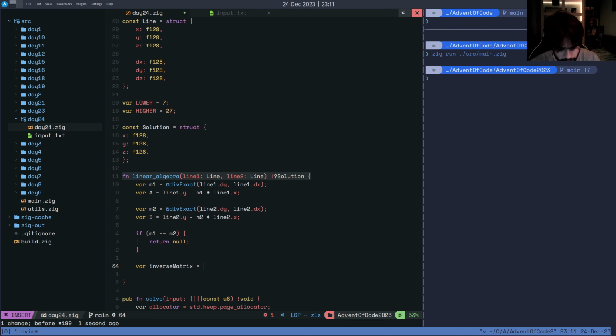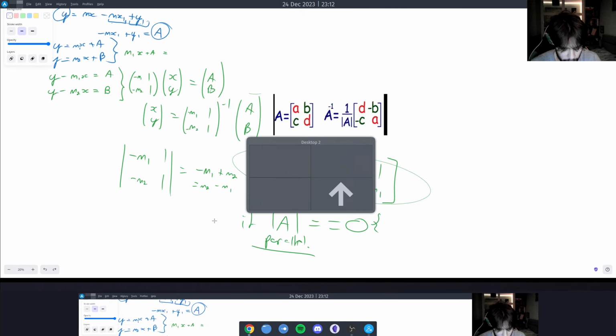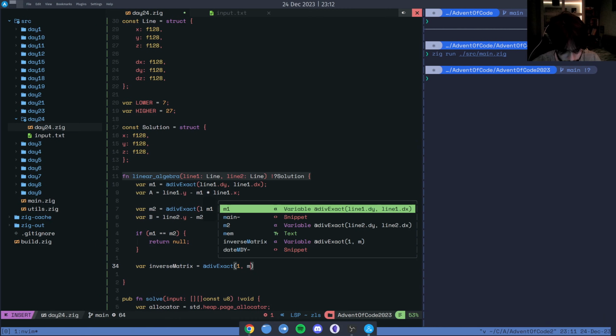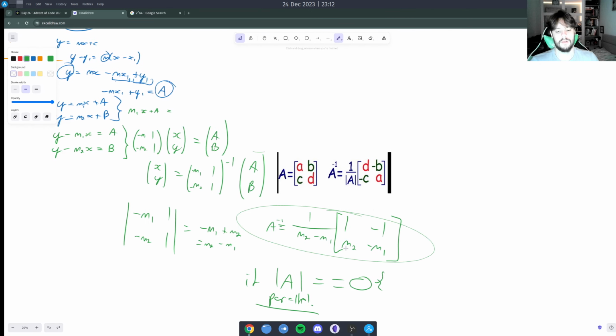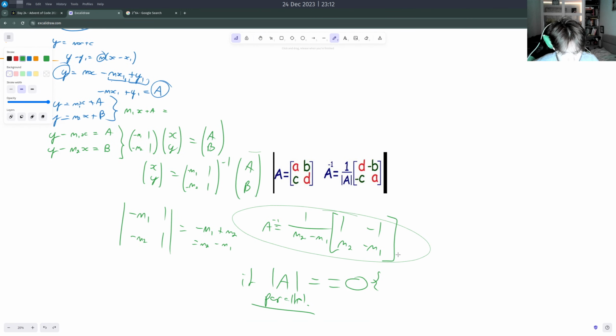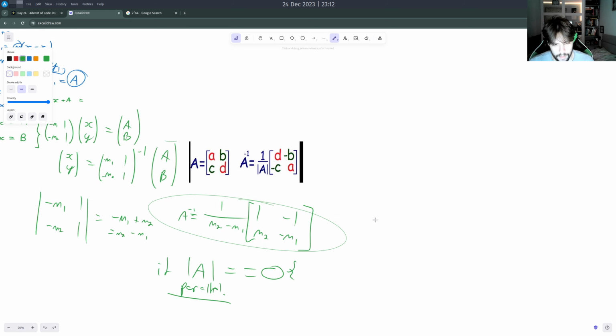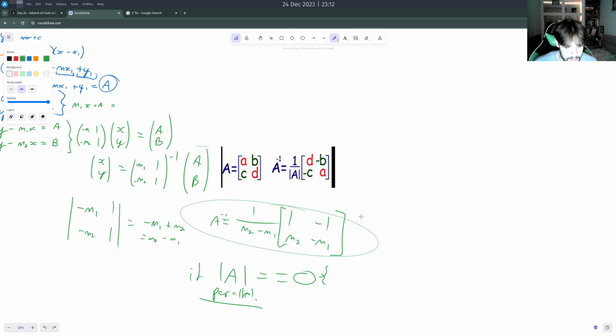Okay, otherwise the inverse matrix is equal to 1 divided by, actually div exact, it's going to be 1, and then it's going to be, which one? m2 minus m1 times, oh wait, I think this is kind of unfinished a little bit, because we're going to then have to time stuff through. So yeah, it's going to be that times